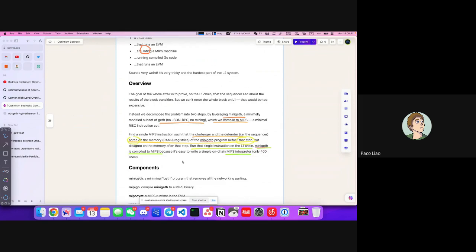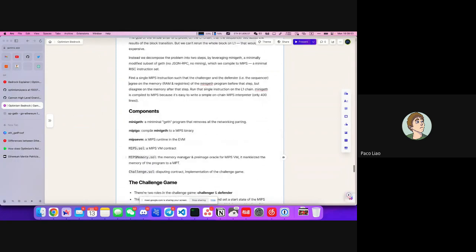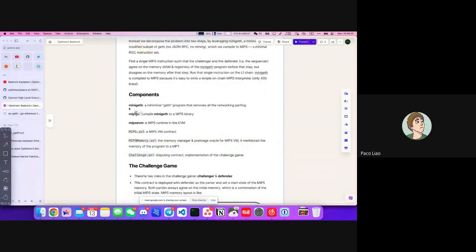So there will be an on-chain MIPS execution environment, an on-chain MIPS VM written in a contract. There are only 400 lines. Canon contains mini-GETH, like I said, which is a GETH implementation that removes the networking part. And the MIPS code is used to compile mini-GETH to a MIPS binary. They also have a component called MIPS EVM to emulate running the mini-GETH in a MIPS environment,